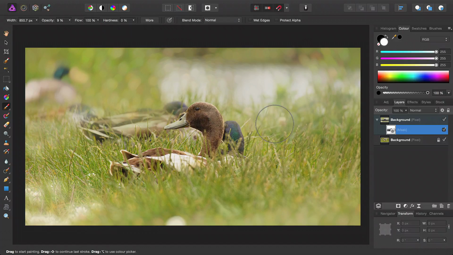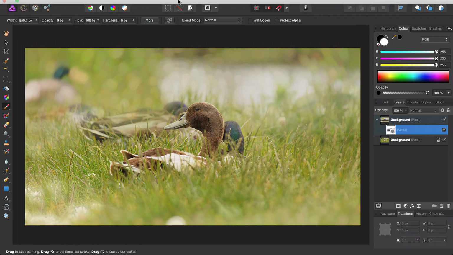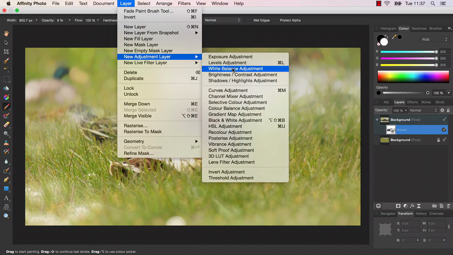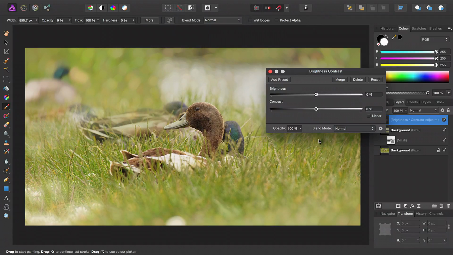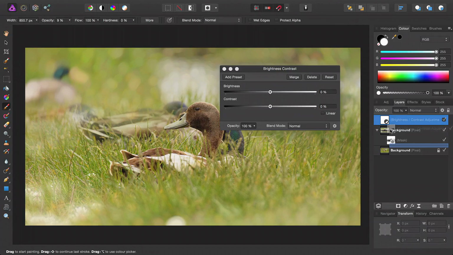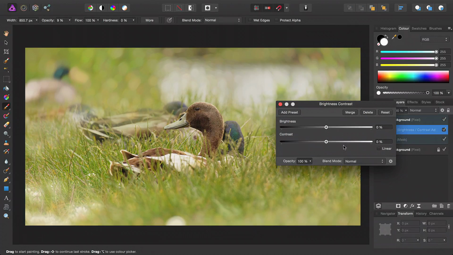Okay, so the only step that remains now is to try and match this new bokeh we've just created tonally with the original image. You'll typically notice when using maximum blur that the result is much brighter overall. So to combat this, we can simply go in, add a brightness and contrast adjustment, and then click drag it into the bokeh layer like so. And usually just taking the brightness down a touch and then adding a tiny bit of contrast is usually sufficient